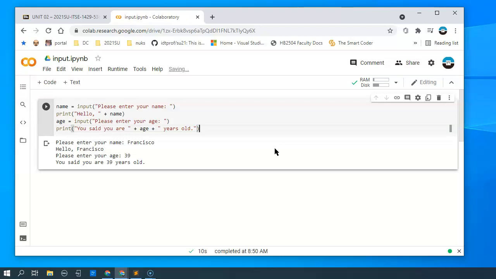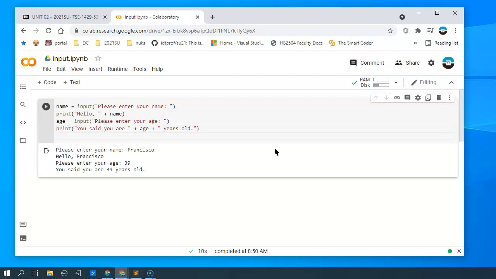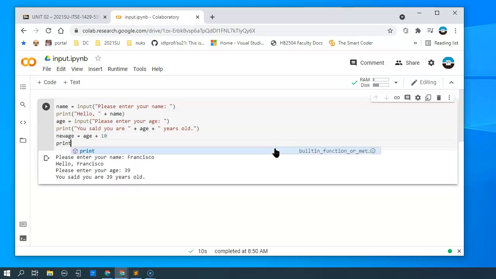Let me do the spoiler alert. No, it's not correct because age, as it turns out, is not a variable. And let me show you what I mean by that. I'll try to have some fun here and say that if I say new age is going to be equal to the value of age plus 10, I will then print the message